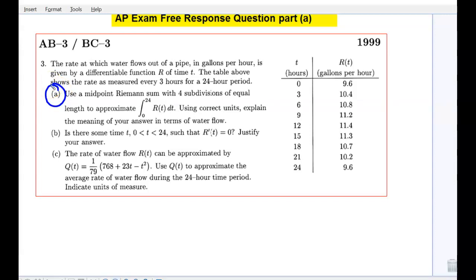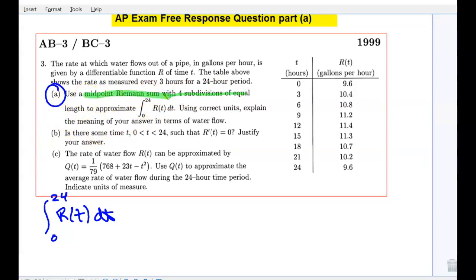Okay, hopefully you've had a chance to try part A. And in part A, we're asked to find again a midpoint Riemann sum with 4 subdivisions of equal length to approximate the integral from 0 to 24 of r of t dt. Again, this just means the area under the graph r of t from 0 to 24. Okay, now they want us to use 4 subdivisions of equal length,